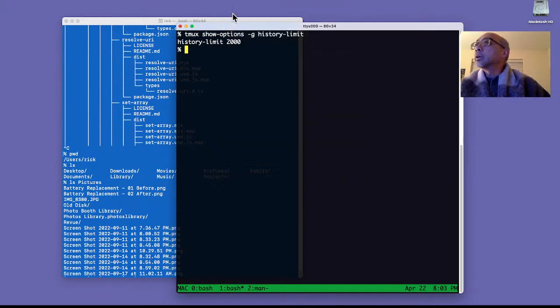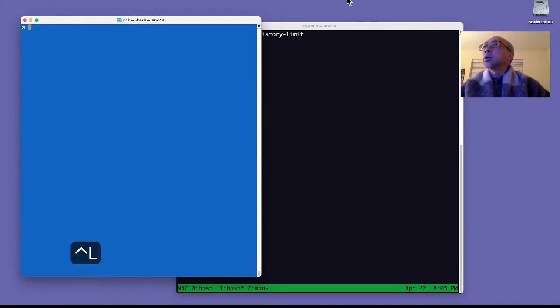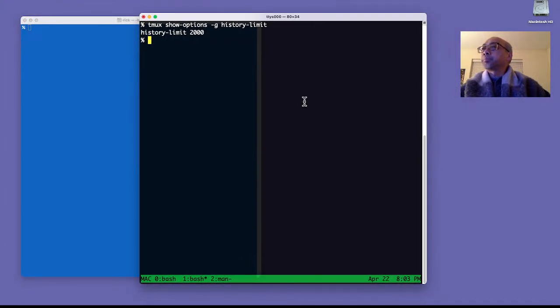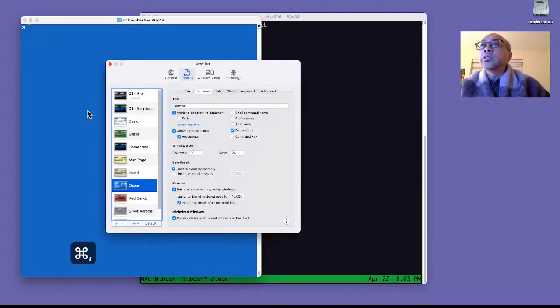I'm going to close this here. I'm also going to put this in the back. You can of course increase that if you think, well, I'm doing a lot of crazy things. I think I'll set it to 10,000. Now, for your terminal, you of course have preferences, so you can, for Ocean, say that the limit is, it says 10,000, but I don't think that's